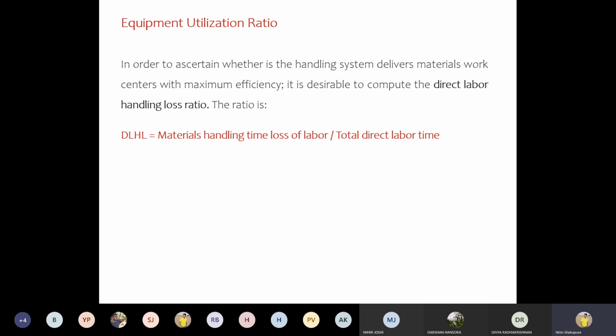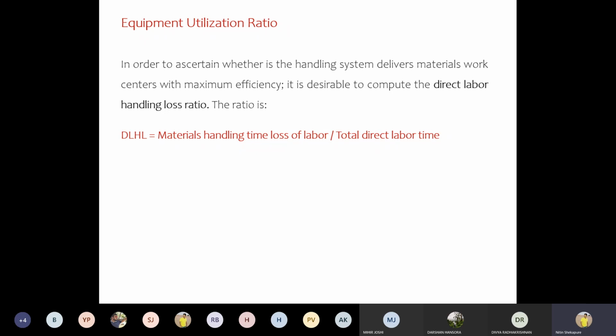है ना? कोई तो भी आदमी 7 घंटे के लिए आपने रखा है, पर आपके पास उसको काम ही नहीं है देने के लिए 7 घंटे का, तो अल्टीमेटली क्या हो गया? वो डायरेक्ट लेबर लॉस हो गया ना, because that person is idle at that time. ठीक है. So how you utilize your resources with maximum efficiency, okay, while handling.